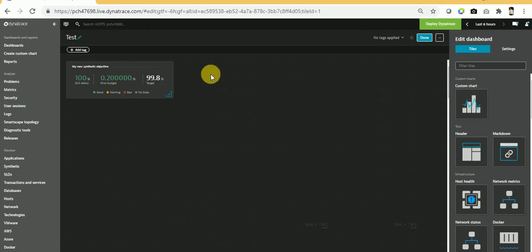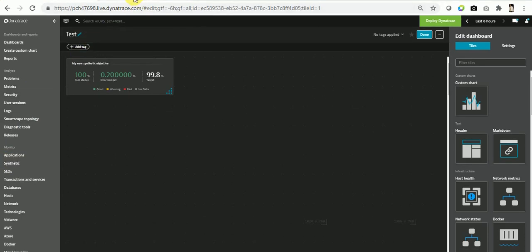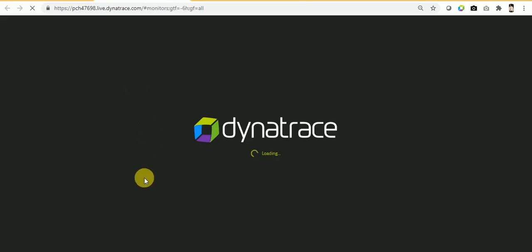So let me tell you how you can check the ID of any component in Dynatrace. Maybe you could check for any service, or synthetic. Let me show you where you can see the entity ID in Dynatrace.